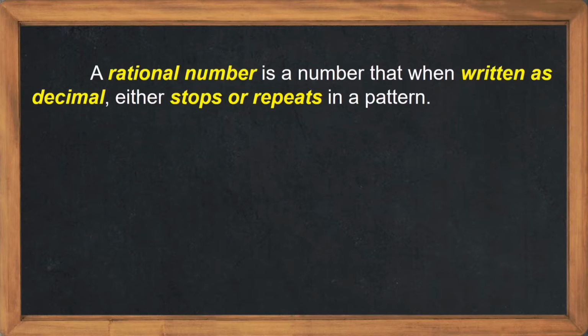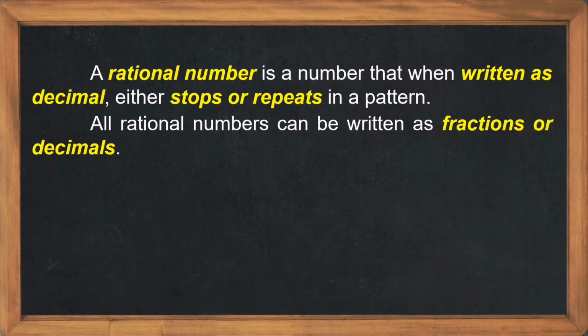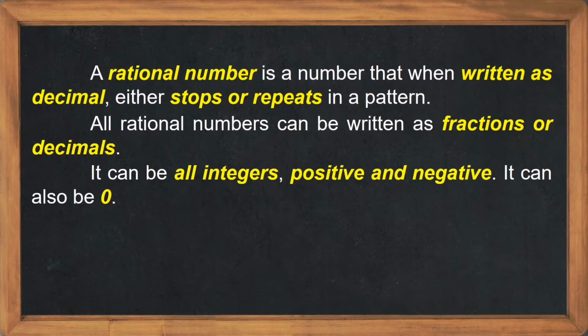A rational number is a number that, when written as decimal, either stops or repeats in a pattern. All rational numbers can be written as fractions or decimals. It can be all integers, positive and negative, or it can also be 0. Examples: